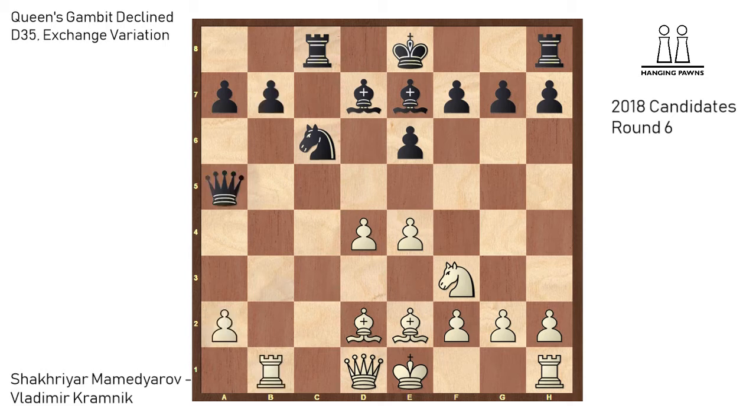So after bishop to d2, Kramnik plays bishop to b4, increasing the pressure on d2, on the bishop, and on the king indirectly. And Mamedyarov reacts with rook to b2, defending the bishop once more so that he doesn't have to recapture with the king if he doesn't want to, and so that he doesn't have to give up his castling rights if unnecessary. So we have bishop takes d2, queen takes d2, queen takes, and now he does indeed capture with the king,